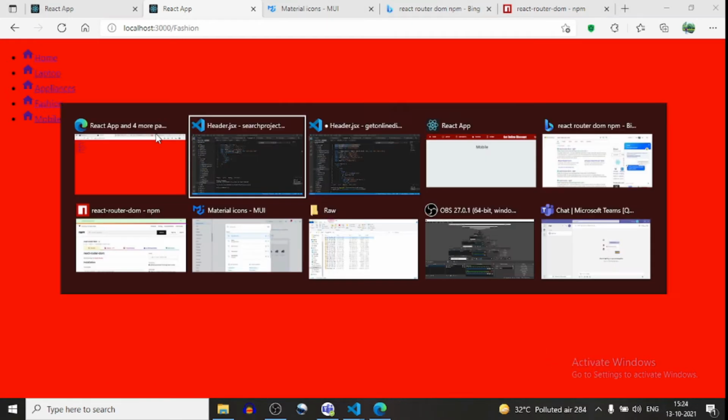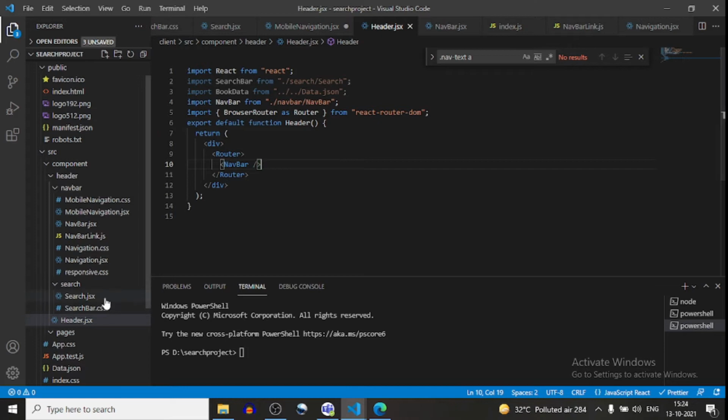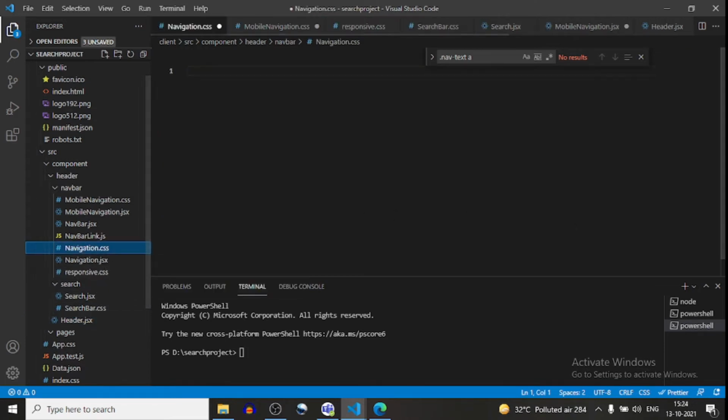Now we have to write the CSS. In navigation.css we have to write the CSS for navigation.